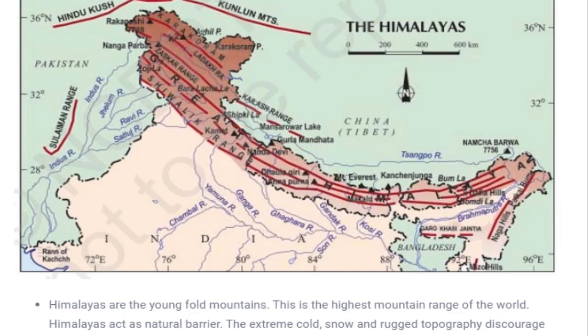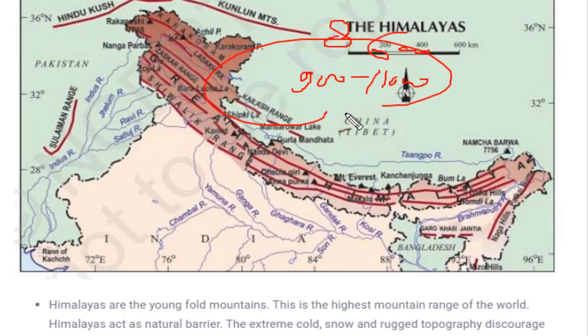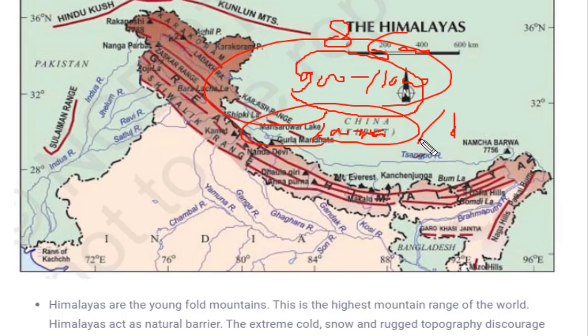The other part which is important over here is the Outer Himalaya. The Outer Himalaya does not have a very significant role. The average altitude of the mountain ranges from 900 to 1100 meters. In the first case we saw it was 6000 meters, in the second case it was 1000 to 4500, but in the Outer Himalayas the altitude is very low, around 900 to 1100 meters, and the width ranges from 10 to 50 kilometers. It just varies from place to place; somewhere it would be 10 kilometers, somewhere it could be 50 kilometers.